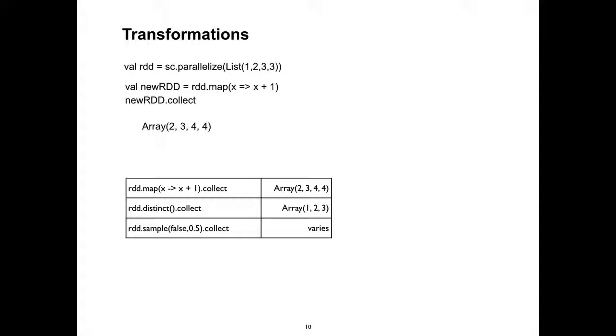And then there's a sample we can call to tell it, give me a sample. The first argument is, do you want replacement or not of the sample? And the second is the percent of the data you want, so here I'm getting, give me half of the values. Right, so just some simple,